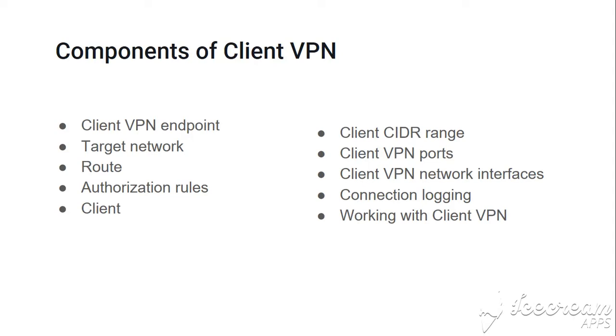Target network. Target network is the network that you associate with the client VPN endpoint. A subnet from a VPC is a target network. Subnetting is dividing a network into more networks, and associating a subnet with a client VPN endpoint enables you to establish VPN sessions. So you can associate multiple subnets with the client VPN endpoint for higher availability. All the subnets must be from the same VPC, and each subnet must belong to a different availability zone.